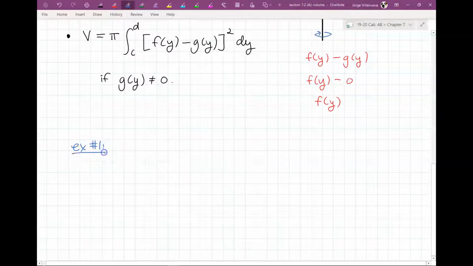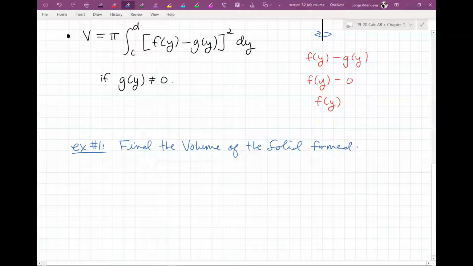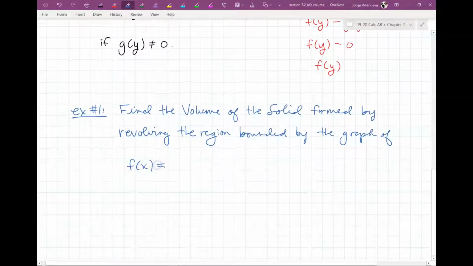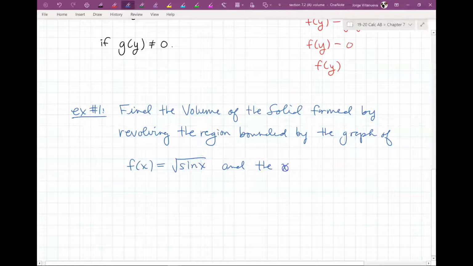So example number 1, we're going to find the volume of the solid formed by revolving the region bounded by the graph of, and here are two graphs, f of x equal to radical sine x and the x-axis from 0 to pi,